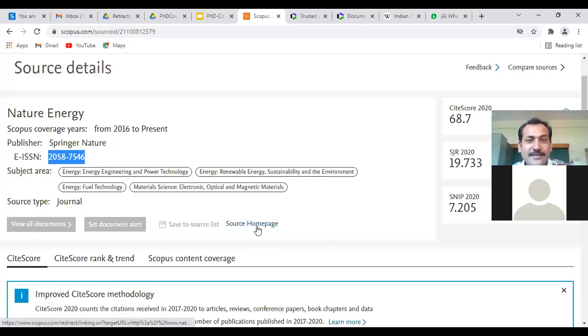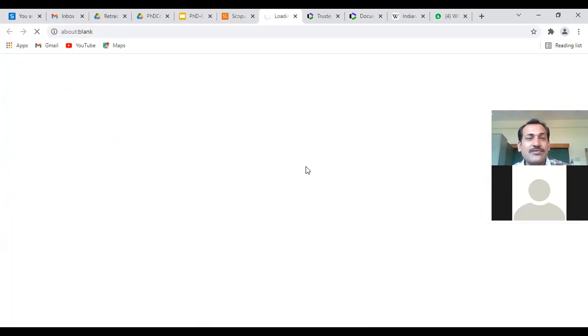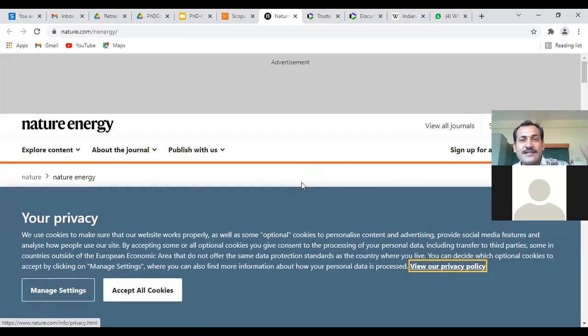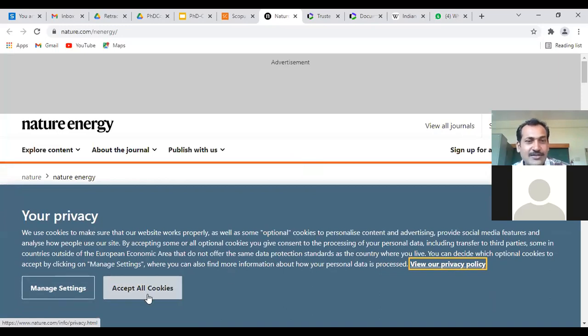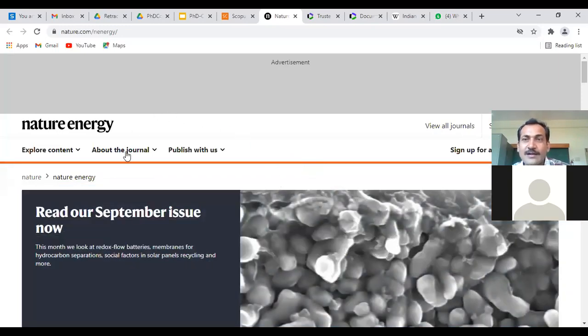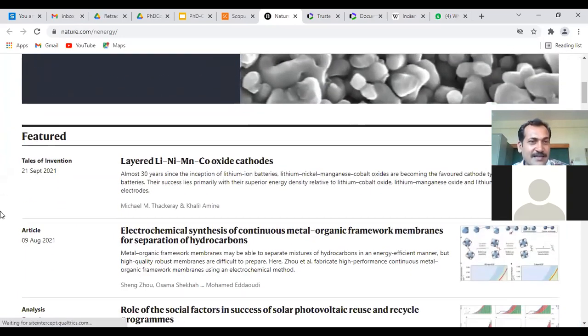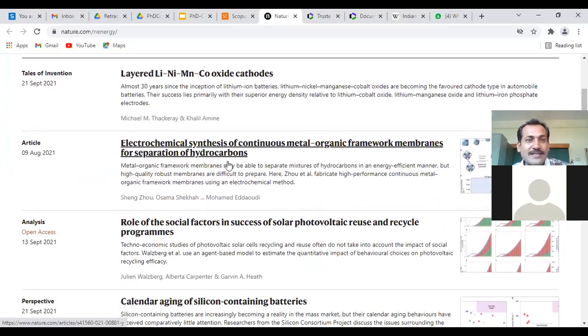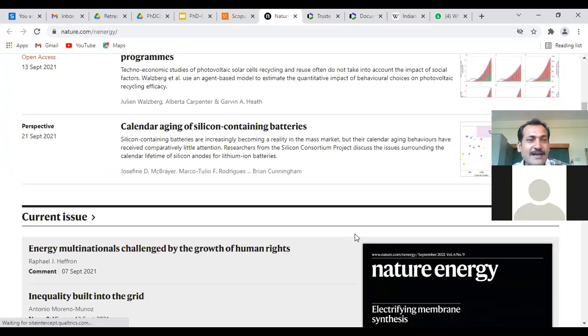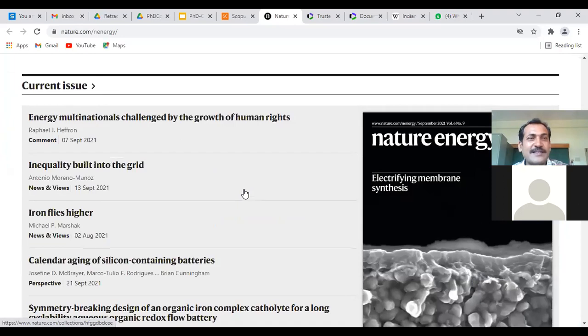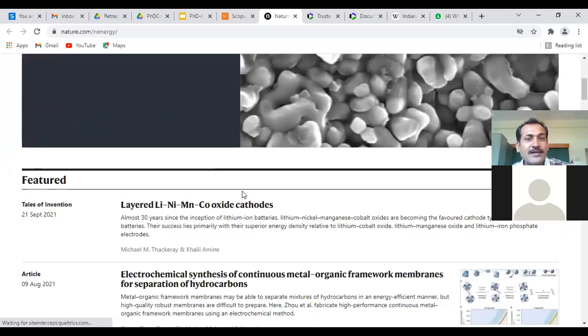If I click this image, I will be diverted to a particular web page of a journal, and I will see the journal like this, right? So, and if I see, this will be the research paper. These are the titles of the research papers, right? You can see these different titles and current issue. What are the research papers published in the current issue? All will be seen here.